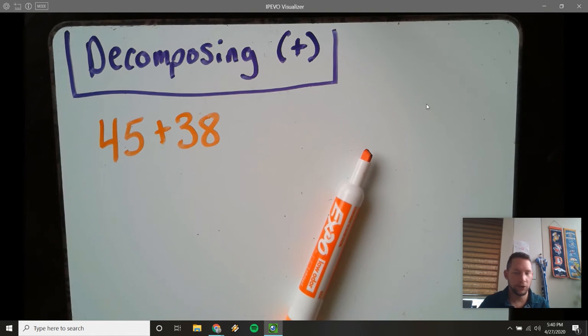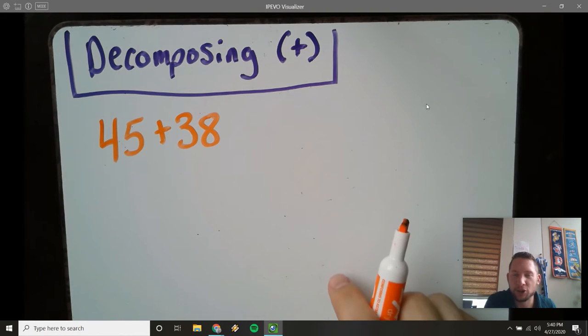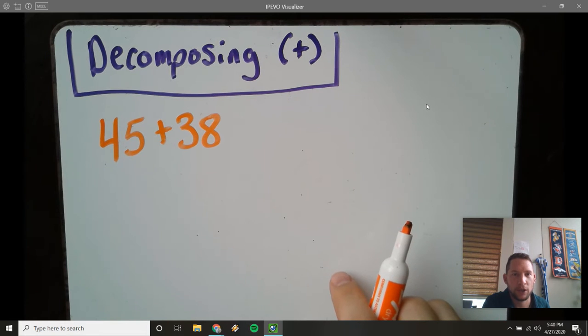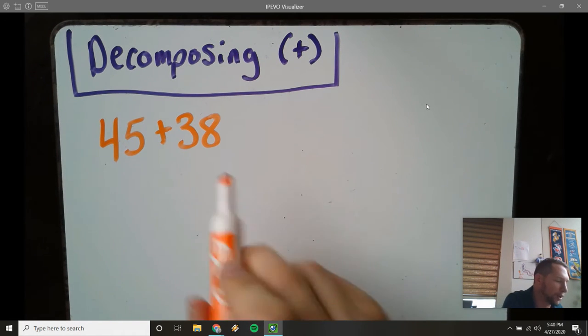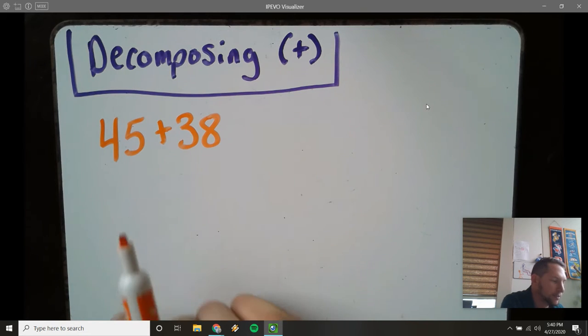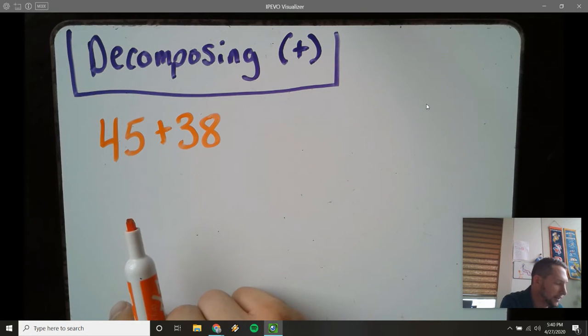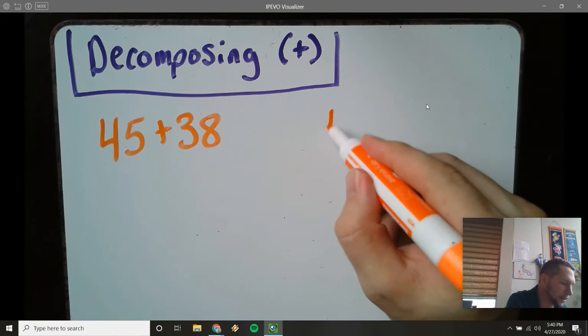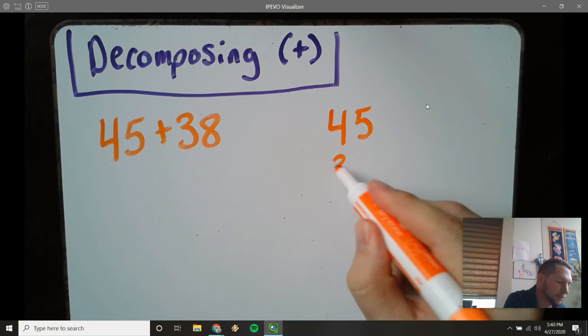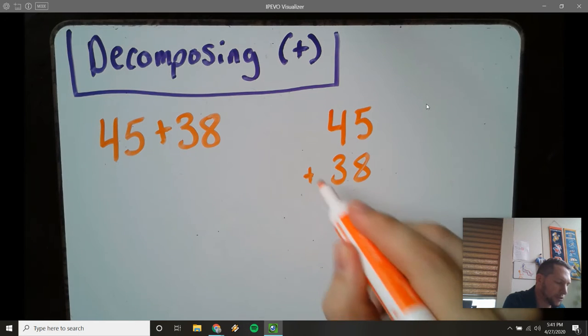All right, I want to go over one of the addition strategies. This is one of the ones we use the most. It's called decomposing. Basically, we're just breaking down the numbers to make easier numbers to add. The reason why we use decomposing instead of, say, a traditional algorithm is because when the students use something like